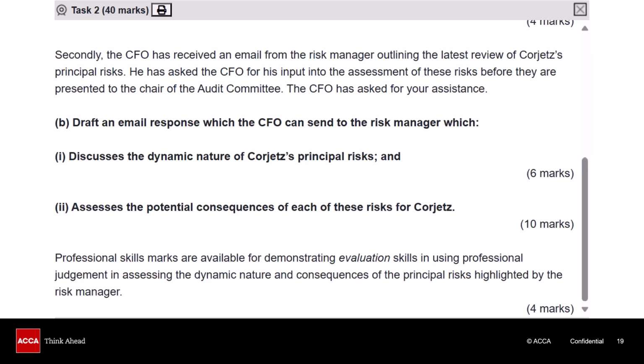Okay? The examiner's comments on this particular, especially B part 2, was precisely what I said earlier, which was, he said, well, all the students kept repeating was, well, they're going to lose money and it's going to damage their reputation. Well, both true, but not good enough for 10 marks.